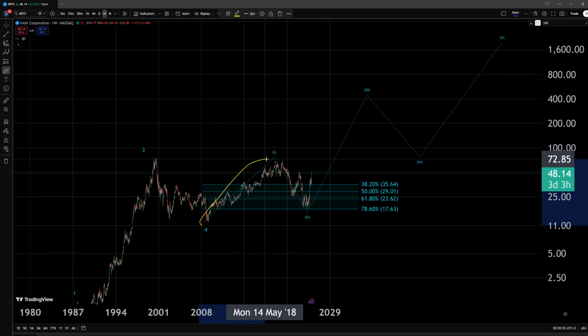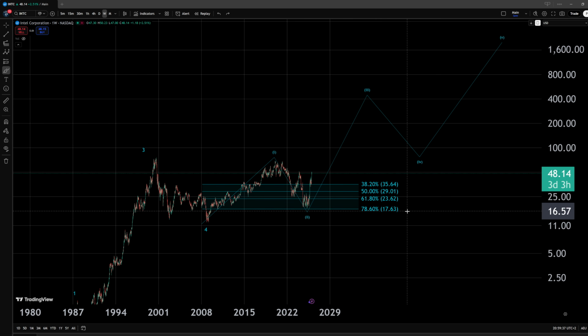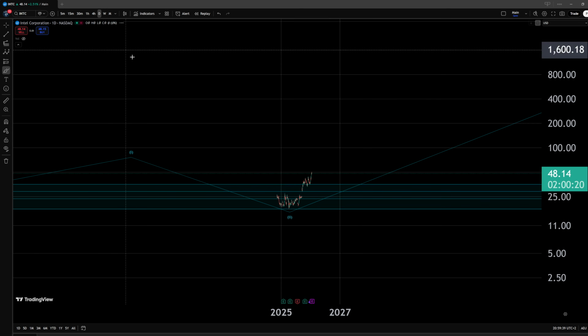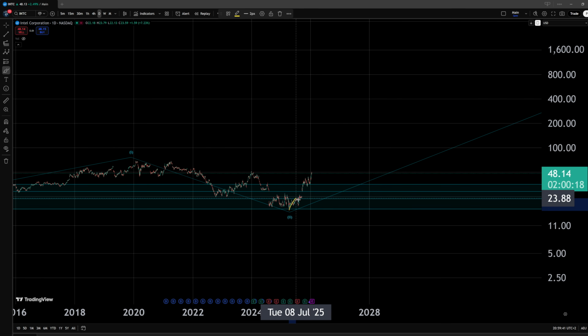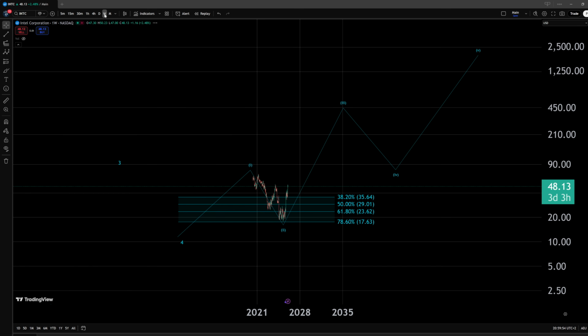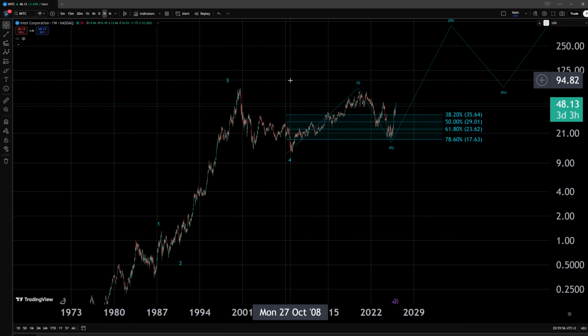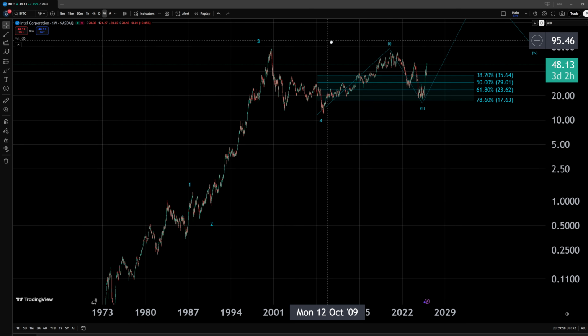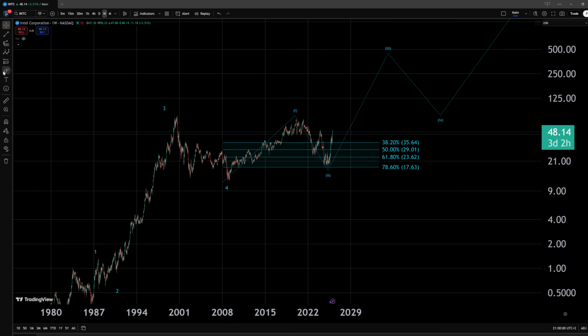We have here an initial 1-2 setup. We have gotten to the last level of support within this area, and we might have already formed the initial 5-wave move to the upside internally within this structure. Now, I'm not telling you to run and buy this stock, I'm just telling you the potential it has. This is based on the market structure, and on the depiction of the market sentiment throughout the decades on this chart, and especially throughout the latest decade, let's say, and the last year.